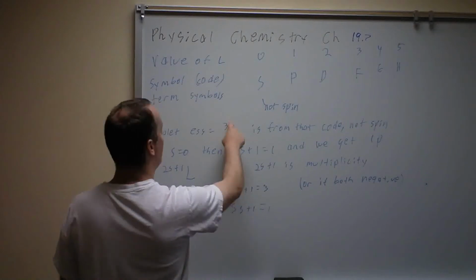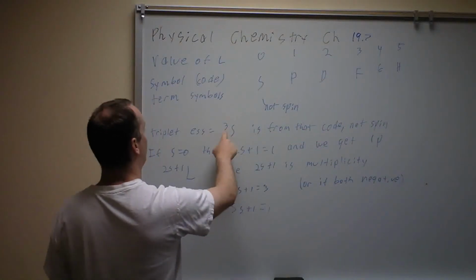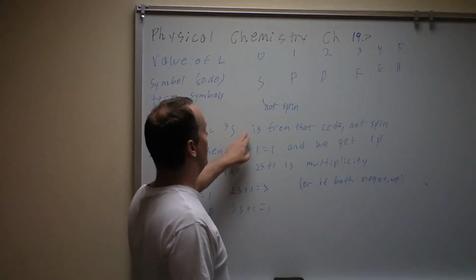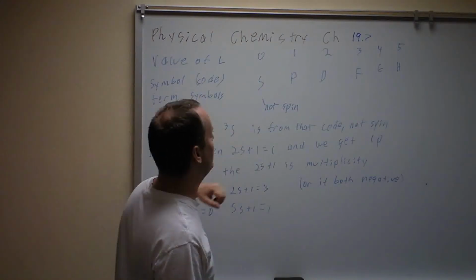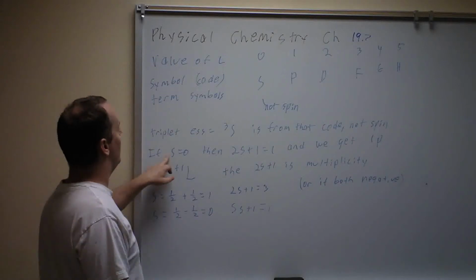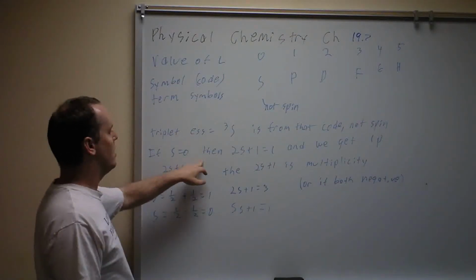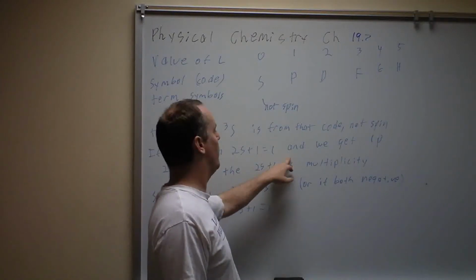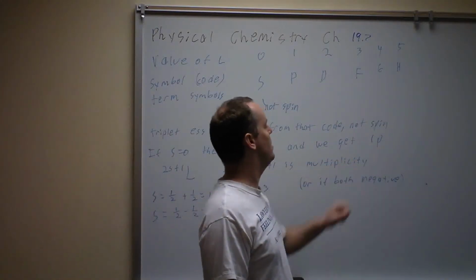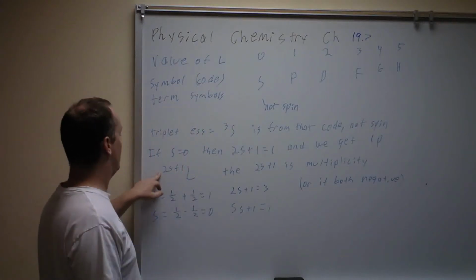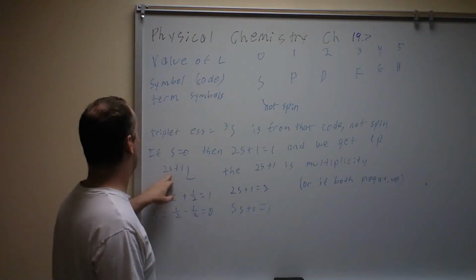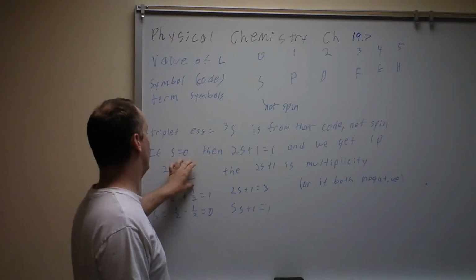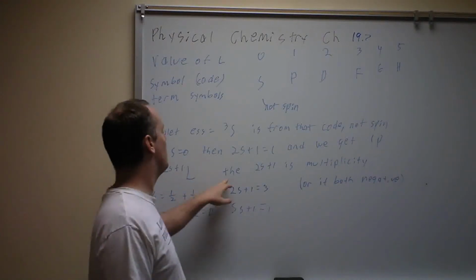So this 3S here is supposed to be pronounced triplet S, because this is an S orbital in a triplet state. And from that code, remember, this S does not mean spin. Now, if S is equal to 0, then 2S plus 1 is equal to 1, and we get a singlet P state. So this is our S for spin. So if we write 2S plus 1 L, this is the generic symbol code, and this here is the multiplicity,